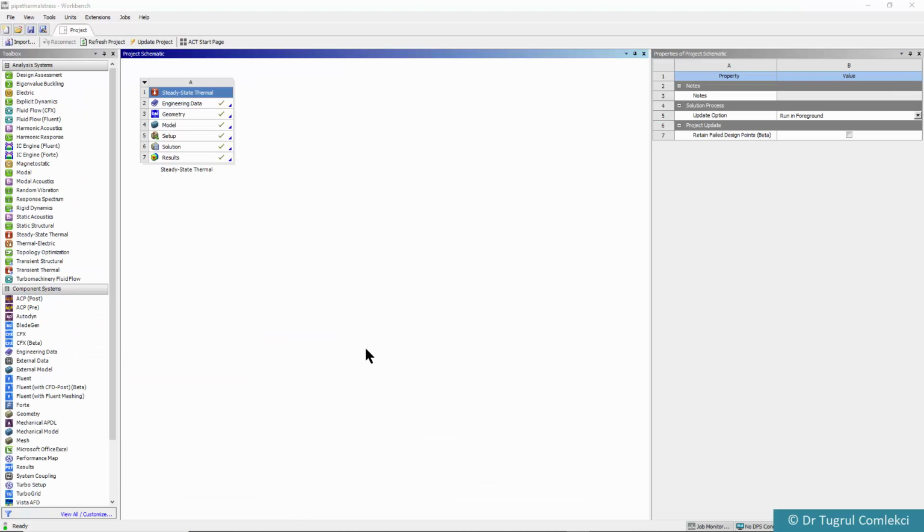If we go back to our project schematic, we can see that our steady state thermal analysis has all these check marks ticked, all the results are available. Now what we want to do is use these results to do our static structural analysis. So move the static structural and drop it onto solution,